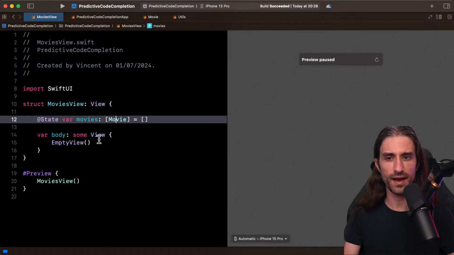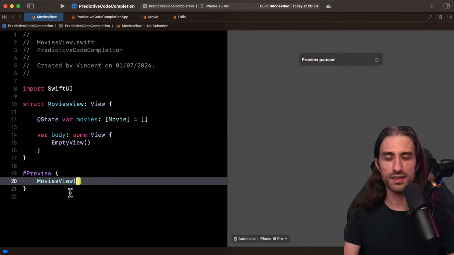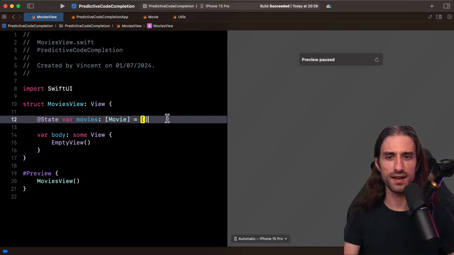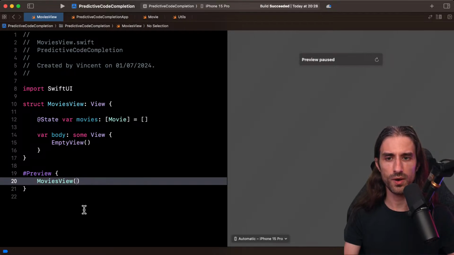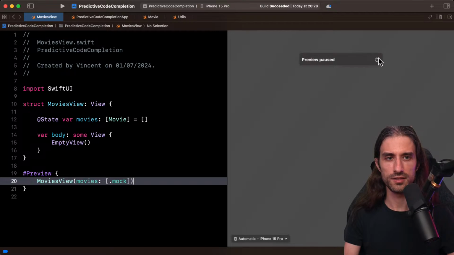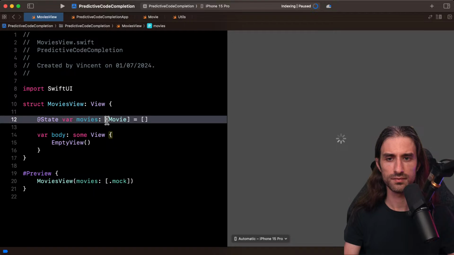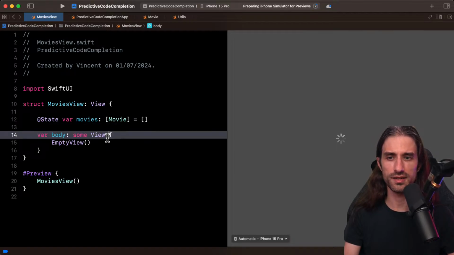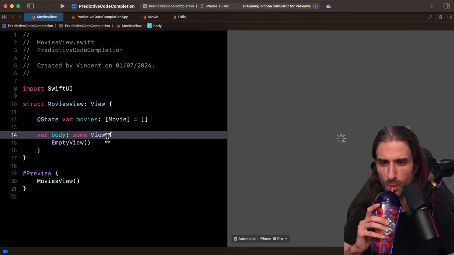So now I guess I can try here. You know what? Do I want to have this default value or not? Yeah, let's keep it just to simplify. But here, let's try to actually pass an array which will be movie.mock like that. This way the preview can work and display actual data. Actually, no, I'm stupid. Since I'm connected to the internet, I don't need a mock here. I can just implement and it will make the actual network call. So there is no need for this.